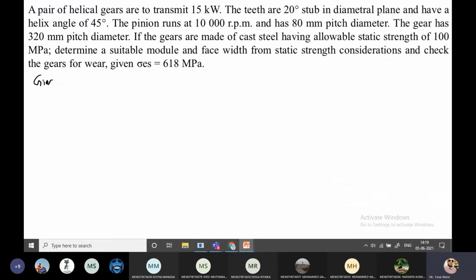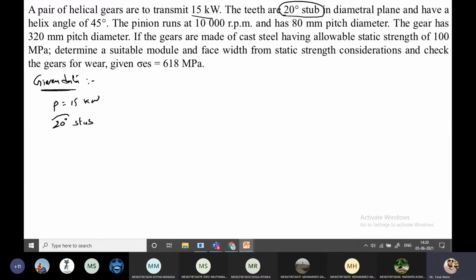So first, given data: a pair of helical gears are to transmit 15 kilowatts. So power is given, 15 kilowatts. Teeth are having 20 degrees stub system. The system of gearing is given as 20 degrees stub system,